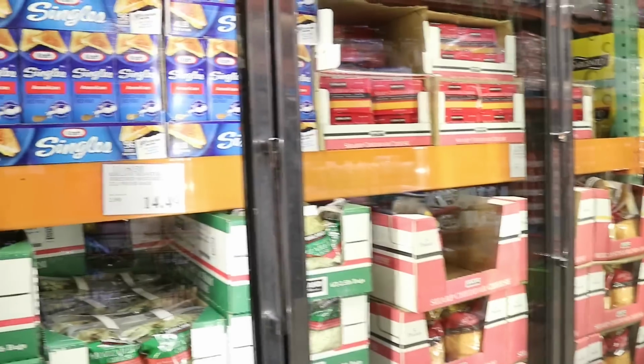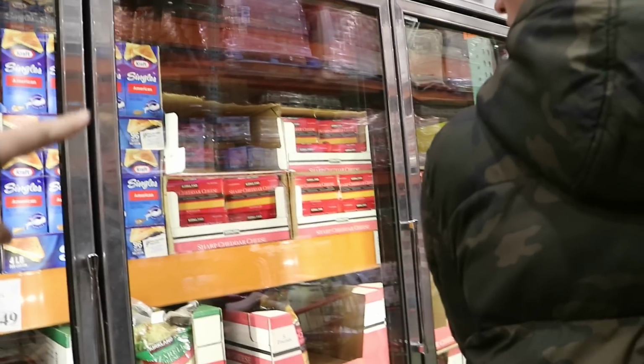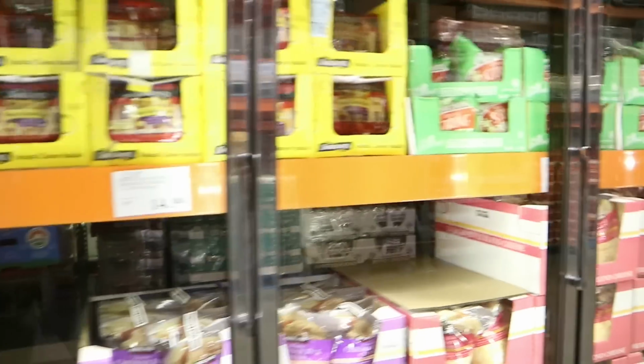Okay, we have green beans. Get 1 more bag of mixed veggies, please. Fish sticks. Ran out of my good Azure Standard cheese, so we're going to buy this cheese. Let's get 3 blocks of the sharp cheddar. We had to pick up a rolling cart for all the dog food. All those puppies that haven't been picked up yet. What else? Sour cream. Cream cheese. Okay, we are done shopping, but I have 3 hungry boys with me, so we're trying